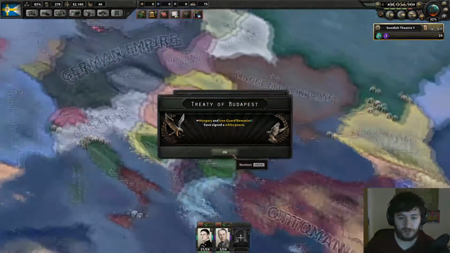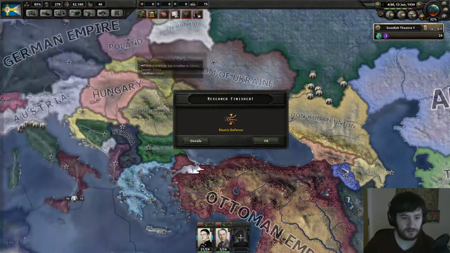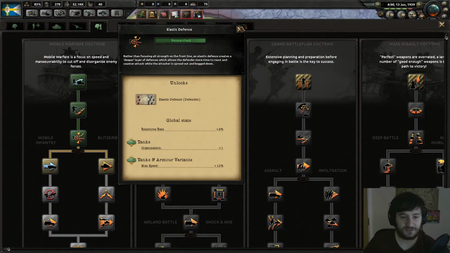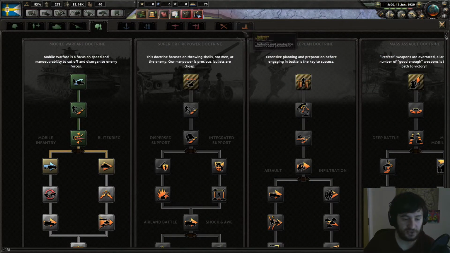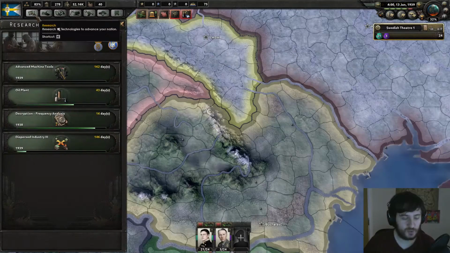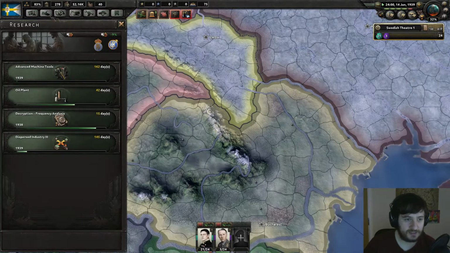Hungary and the Iron Guard of Romania have signed a white peace. Why the hell would they do that? I guess they took the state they wanted or something? That's weird. I already got elastic defense. Although it is always a good idea to keep going down the doctrine tree, I'd like to try and get machine tools as quickly as possible. Next doctrine we're going to be getting is going to be...